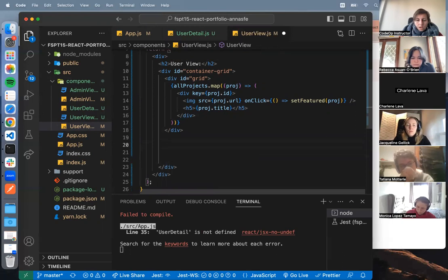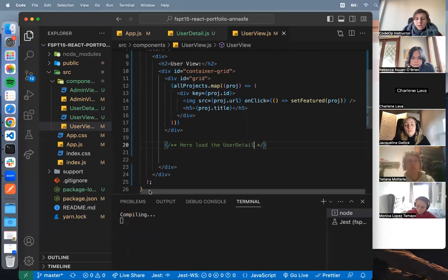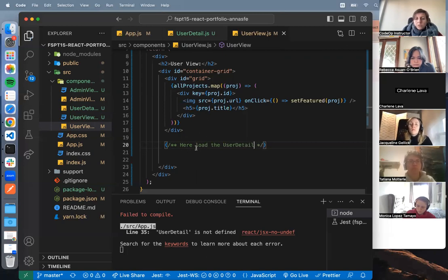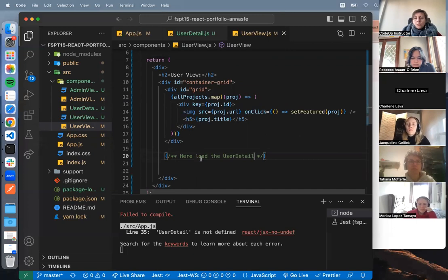So here I should add something. So here, add load the user detail. So this is where we had our featured section, and now instead we want to load this